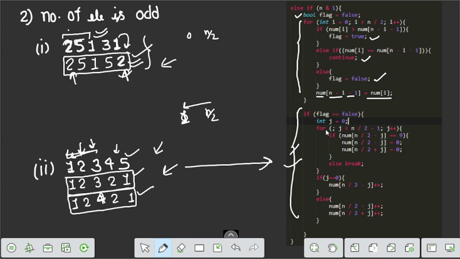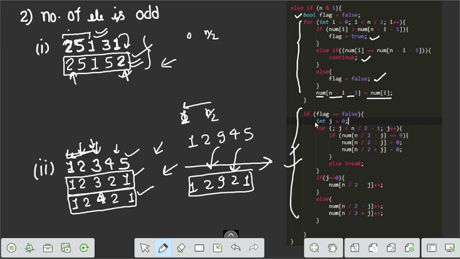For this for loop, n by 2 minus j, where n by 2 is here because j is initially 0. Let us take the example 1 2 9 4 5. If we want the palindrome, this becomes 1 2 9 2 1, but this number is less than, so the flag is false and this code runs.